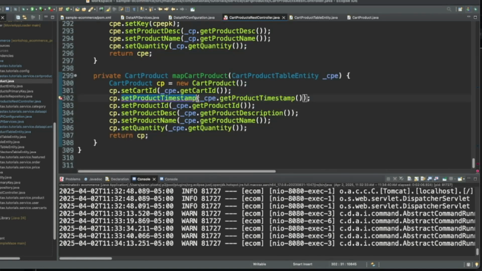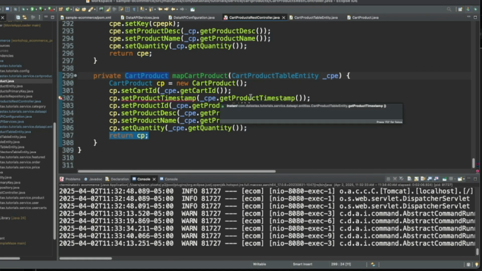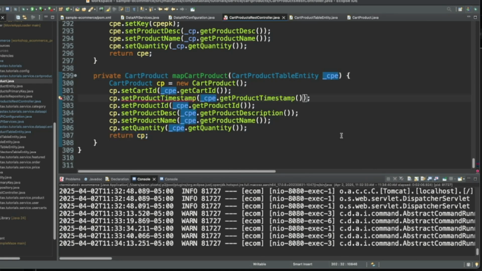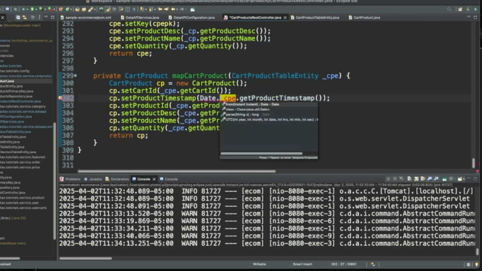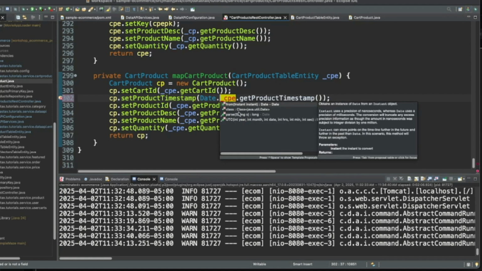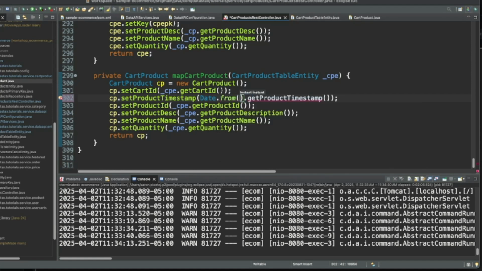Since our main Pojo here, this cart product class, expects what we pull out of the database to come back as a Java util date, we should have that pulled in, but let's do a date from instant. Here we go. That should do it.